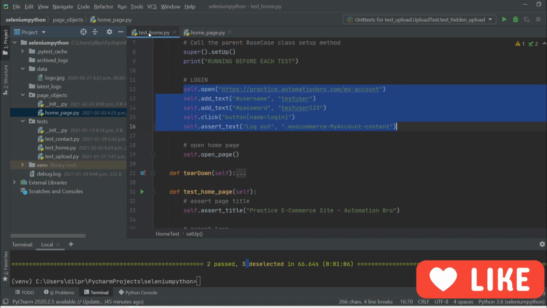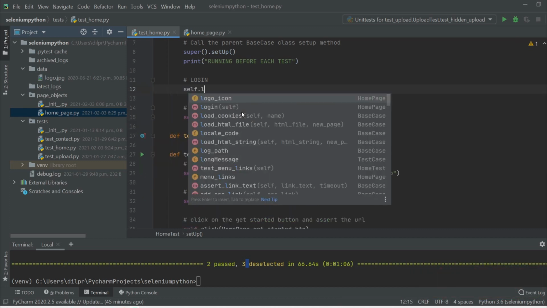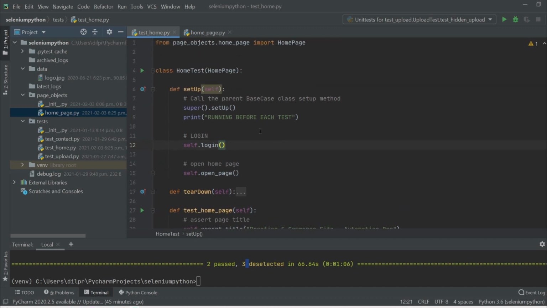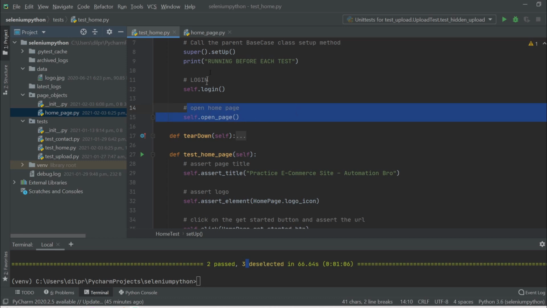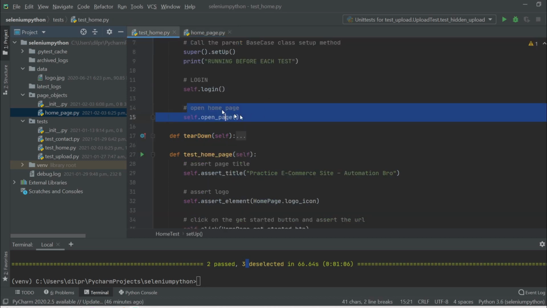Now I can go to my test and get rid of all of this and just do self.login. And this would actually do my login right here. So you can notice how clean this looks, we are just doing self.login, self.openPage, and everything else is basically taken care of by our test right over here. But yeah, to make this even cleaner, you would ideally want to create a new helper method and store your login over there and then call that directly in your actual test_home, or maybe call that in your login over here and then reuse that in your actual test file right here.